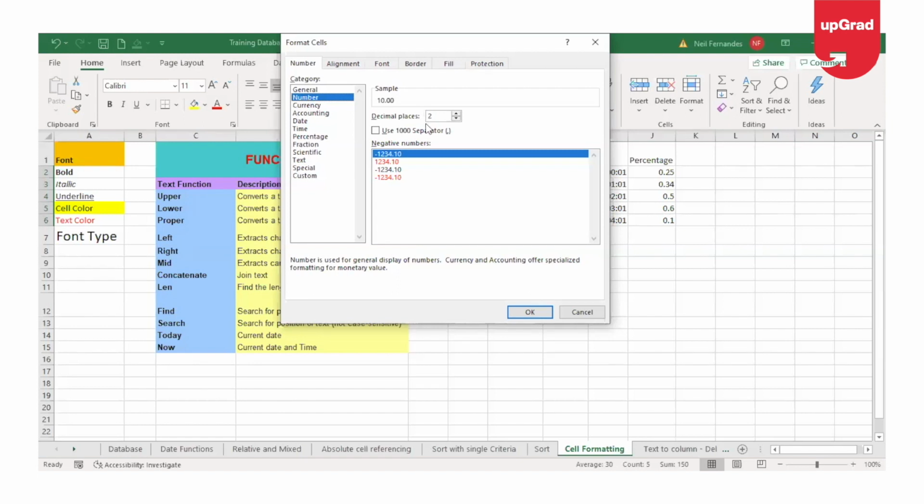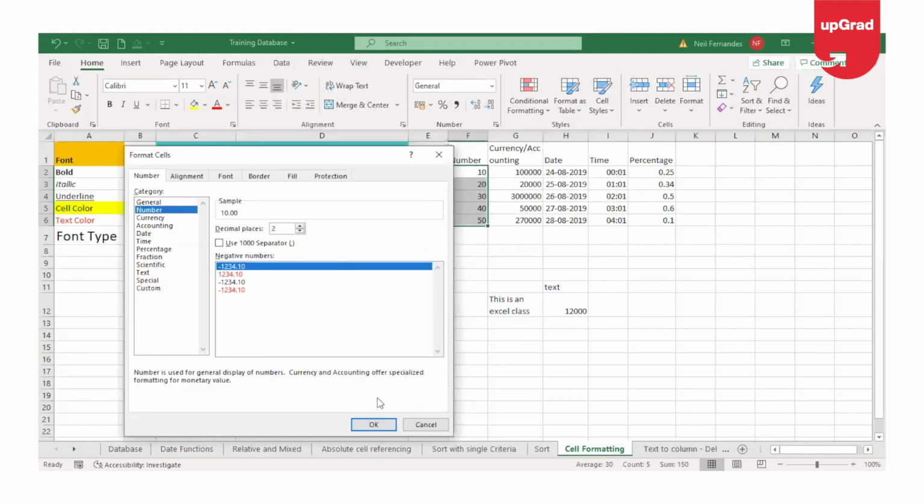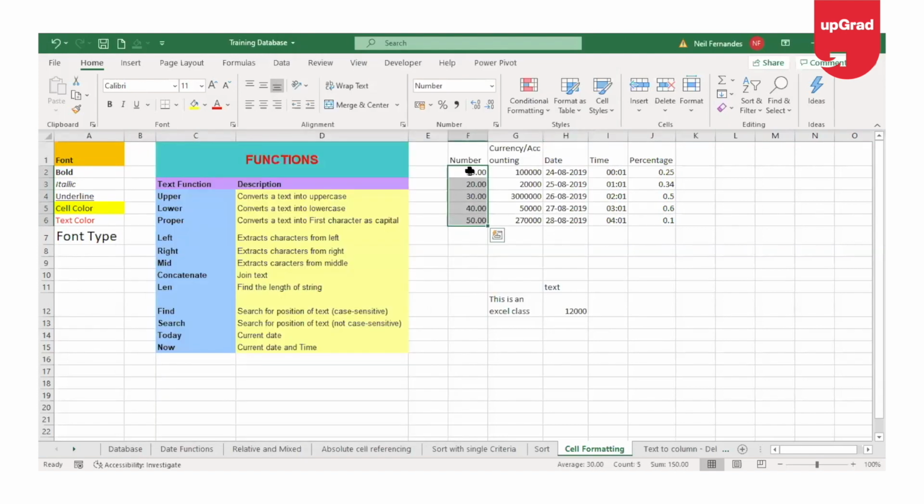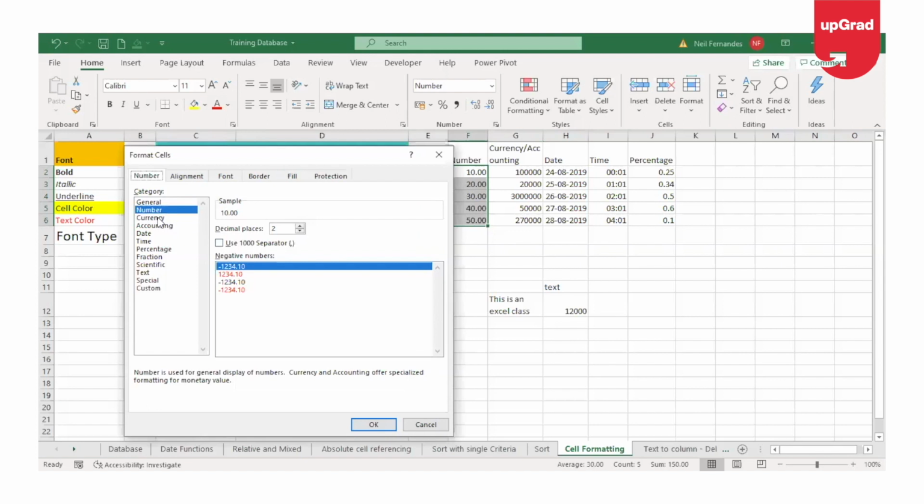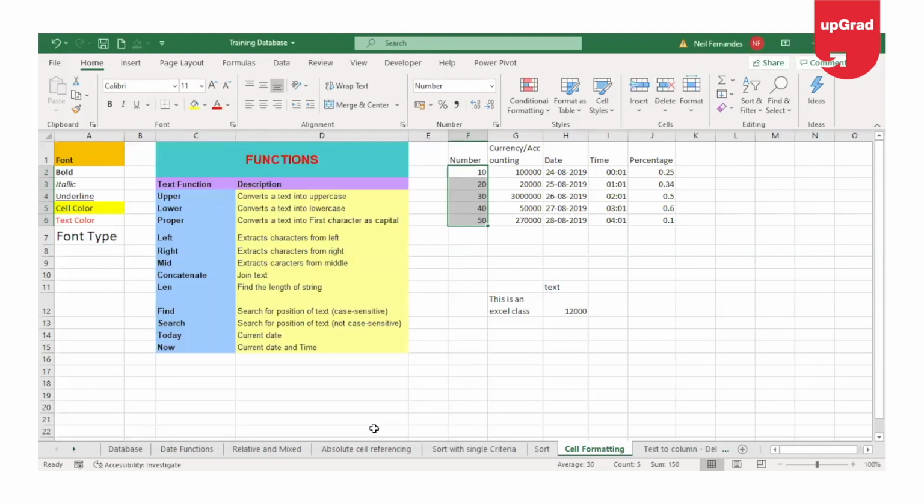Under the number category, a couple of things that you might want to know. The first thing is, as soon as you convert your cell into a number format, it will automatically add decimal places to your numbers, even if there is no decimal place, it will add 2 decimal places, which is .00. If you want to remove that decimal place, you can go back to that box and remove the decimal places from this list by entering 0 or using these 2 different arrows that you can see here. So this is how you convert this data into the number format.